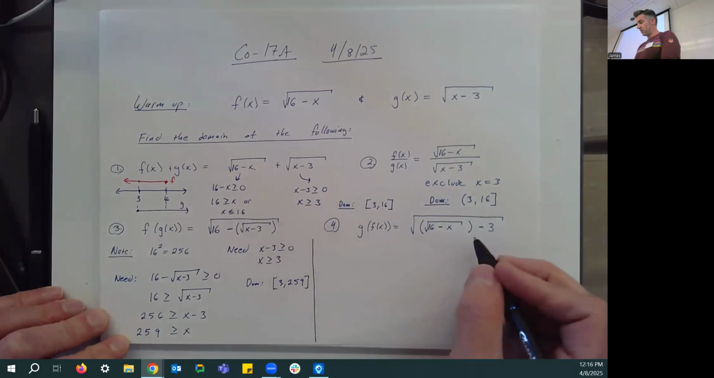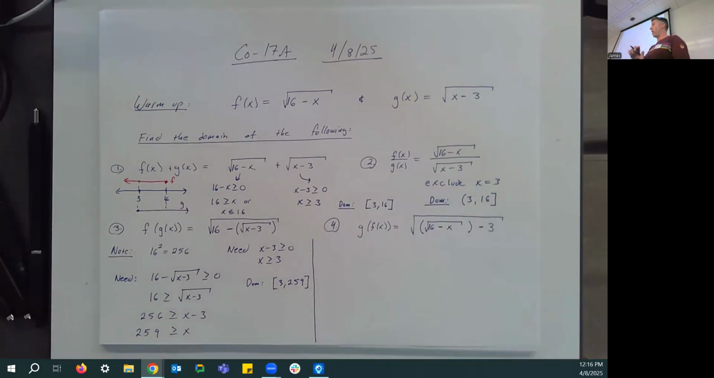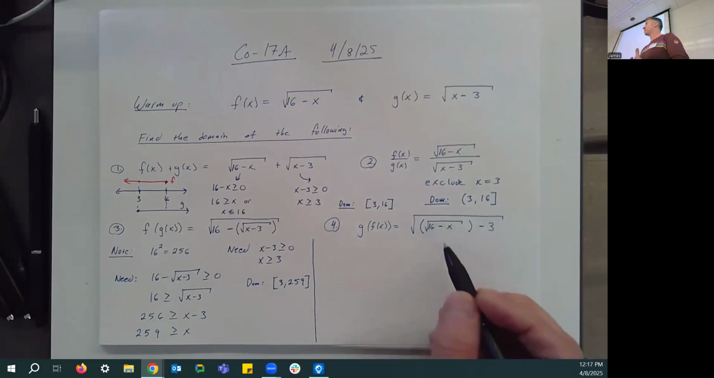So for g of f of x equal to this, again, we're going to start the same way. We're going to say that the inside function, the inner square root of 16 minus x, I think it might be,